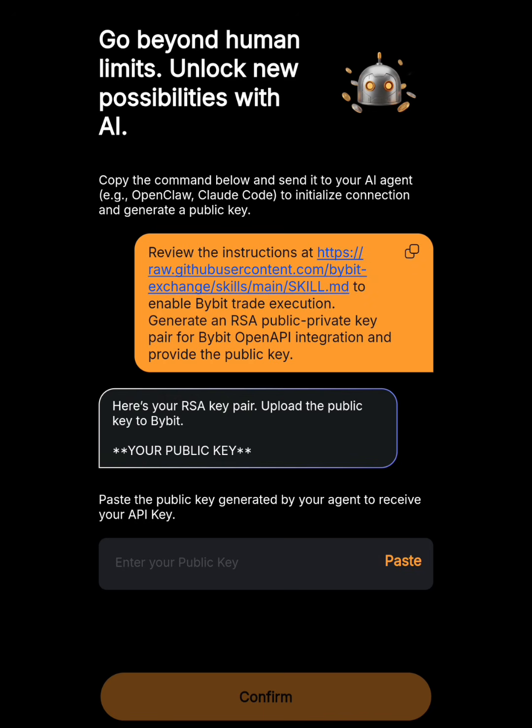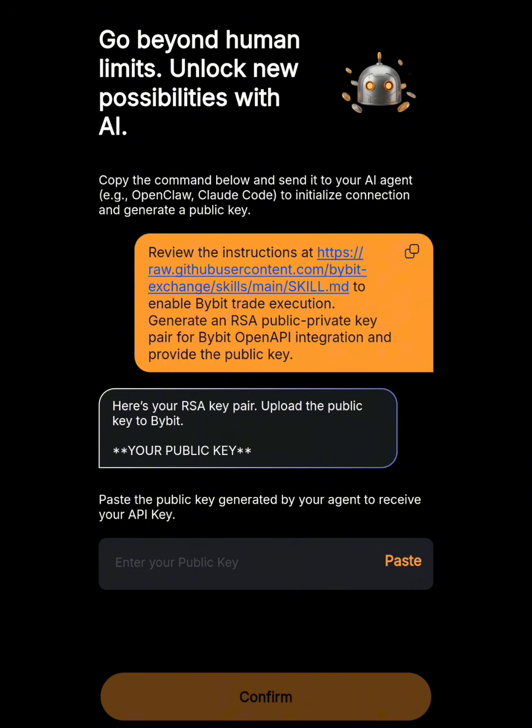Now, the AI agents are a lot. There is a list of them, right? But the popular ones are like ChatGPT, you have OpenClaw, you have Claude Code. Whichever one you are interested in or are already using, you can use this as your AI agent. So if you copy this particular stuff, that's copied already, right? And paste it to your AI agent, any of them, either OpenClaw, Claude,